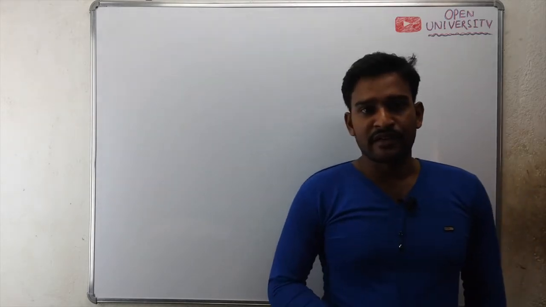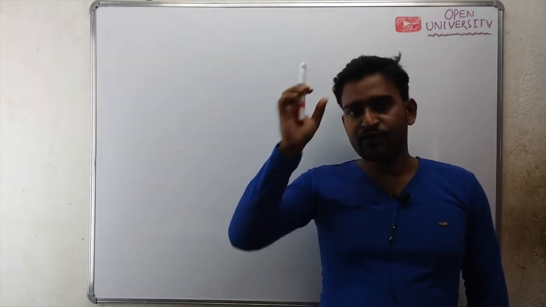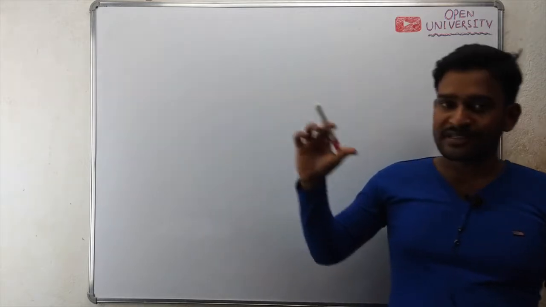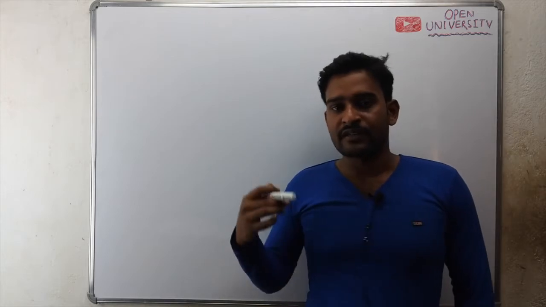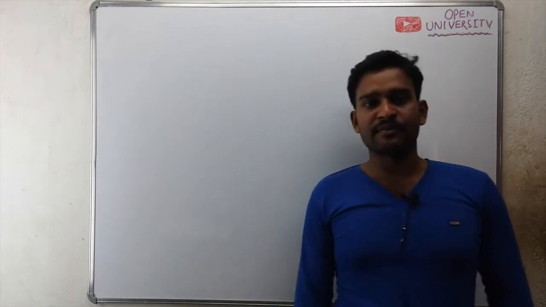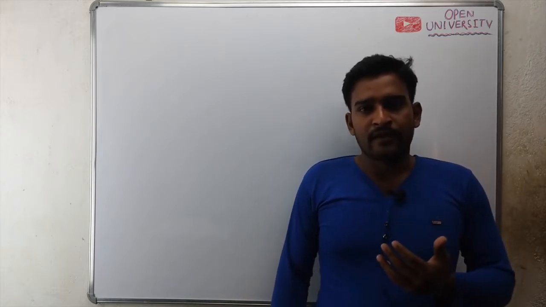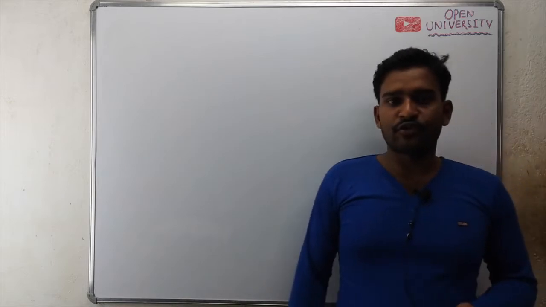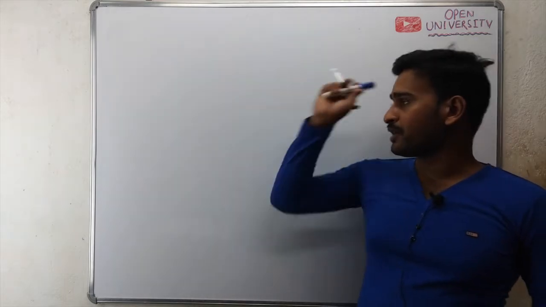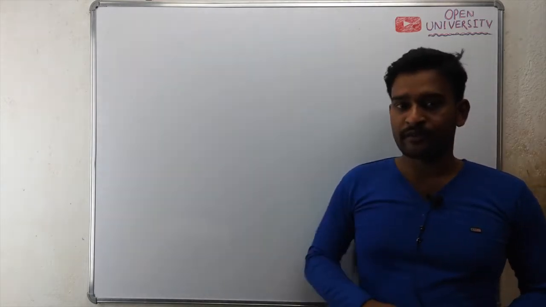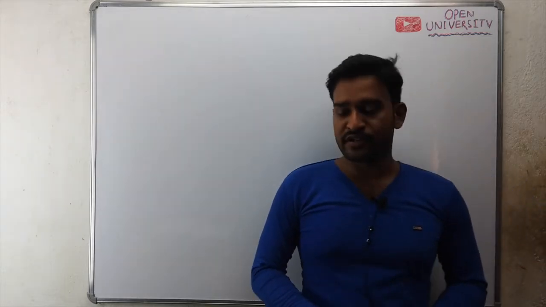Okay, and in Zener diode, to operate in breakdown region, the condition is the voltage across Zener diode must be greater than Vz, and current through the Zener diode should be greater than Iz min, minimum Zener current. Okay, so Zener diode when operated in breakdown region, it will behave like a constant voltage source. Okay, then we discussed particularly Zener diode shunt regulator. Okay, then we discussed some problems on this Zener diode shunt regulator.